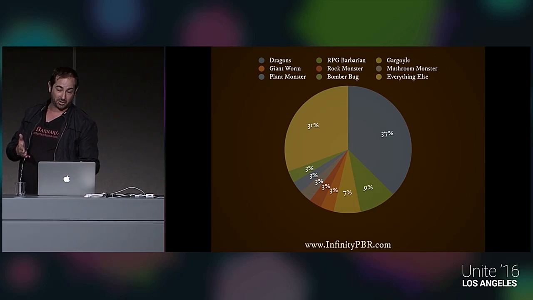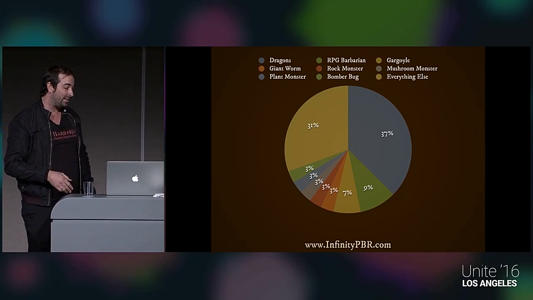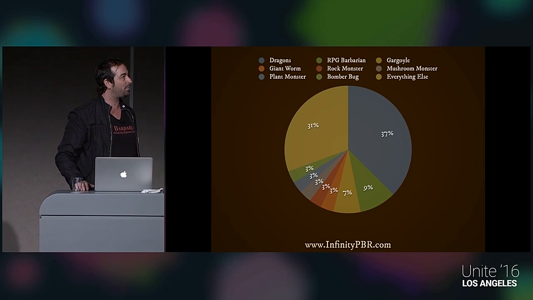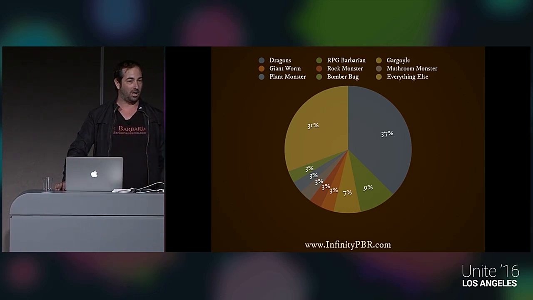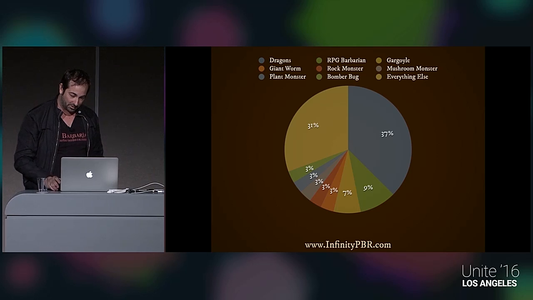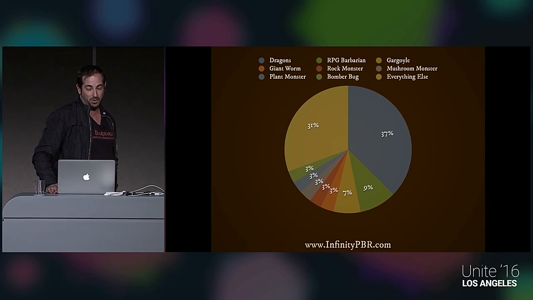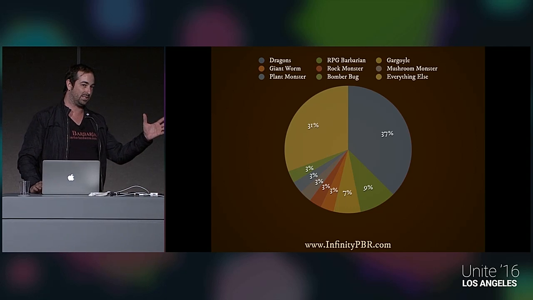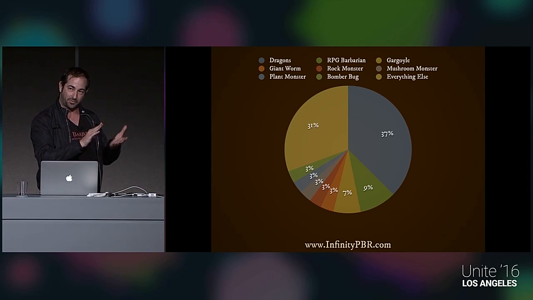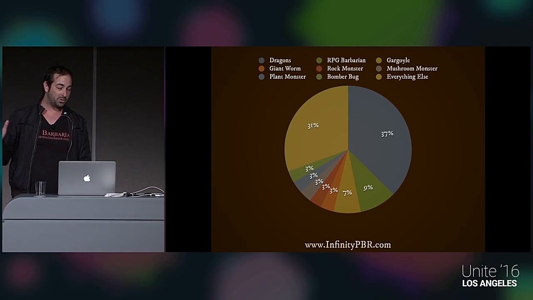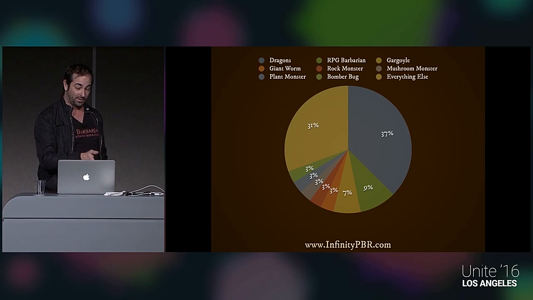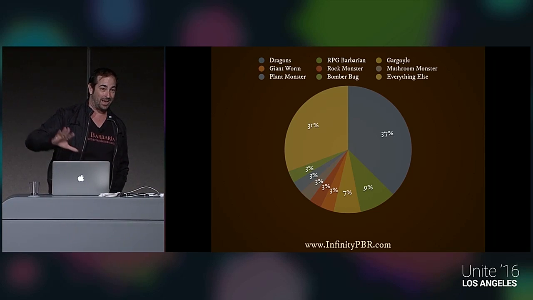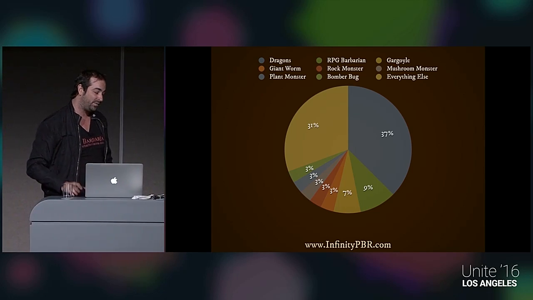This is the top characters. The 37% there is the dragon character. You may have seen it. It's popular on the store, and for a long time, it was really popular on the store. The next one is the RPG Barbarian. That's a human. Together, they form the RPG Barbarian pack, which is a pack of both of them together for a lower price. Between those two, it's actually over 50% of the total revenue. Just those two, without considering the pack together, it's almost 50%.